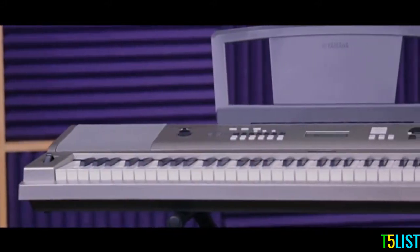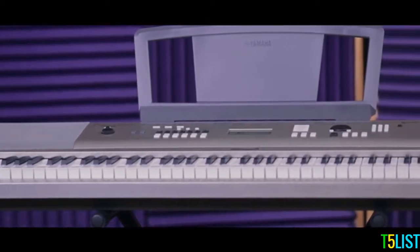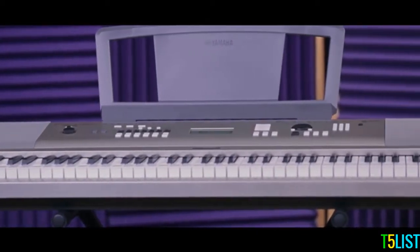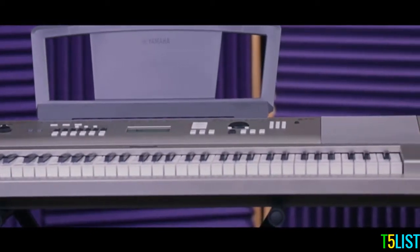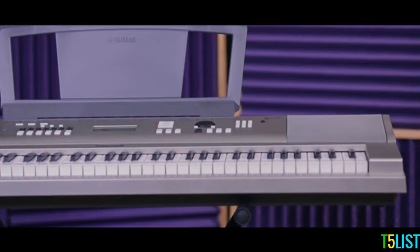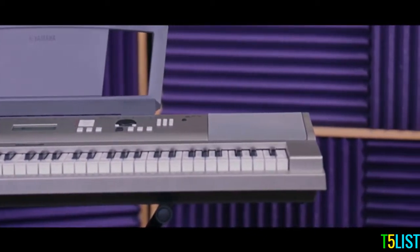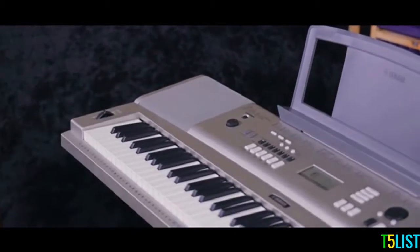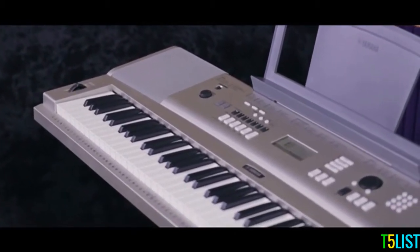For added realism, the YPG-235 features an accurate grand piano sound that has been created using the latest digital sampling technology, along with 115 additional instrument sounds, 12 drum and sound effect kits, plus 361 general MIDI compatible sounds that provide ample voices for exploring a variety of musical styles. Split and layer modes and onboard effects such as reverb and chorus give even more depth and sound fantastic through